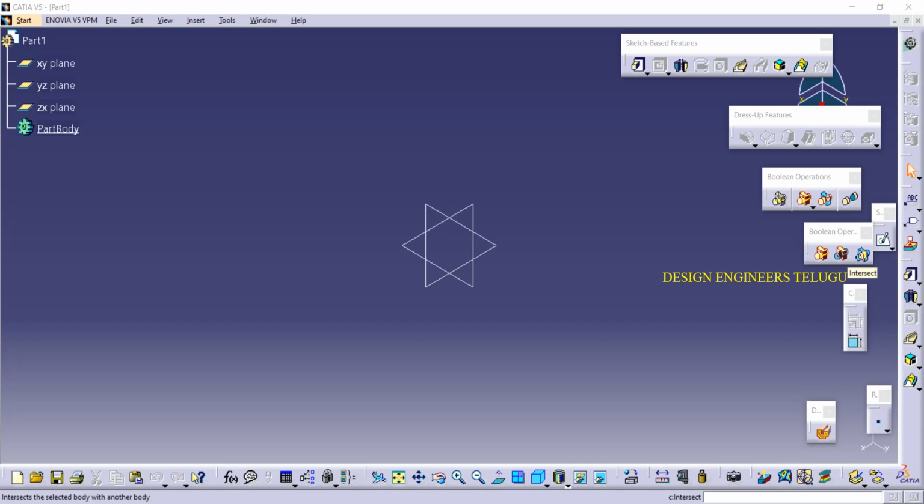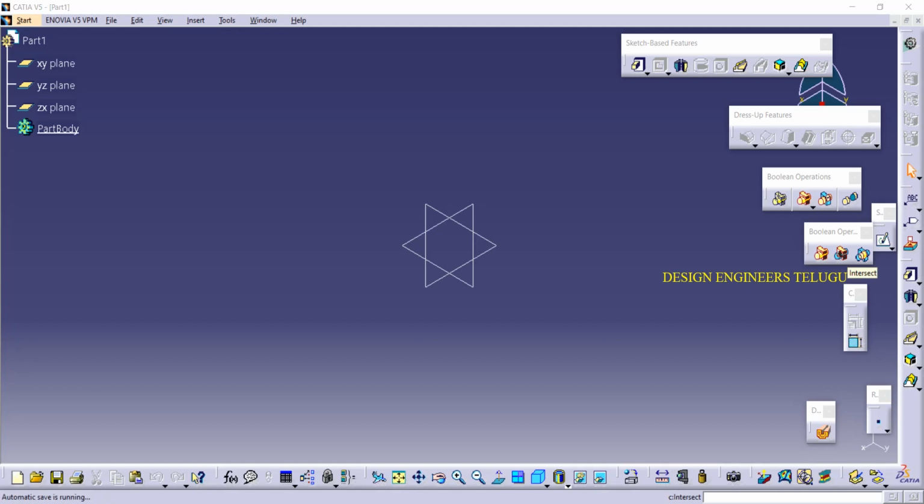Now let us see where we will use these positive and negative operations. Generally, while machining, a few companies generate the code directly from the 3D model. In such a case, the CNC machine will not take negative operations, which is why we need to create only positive operations.